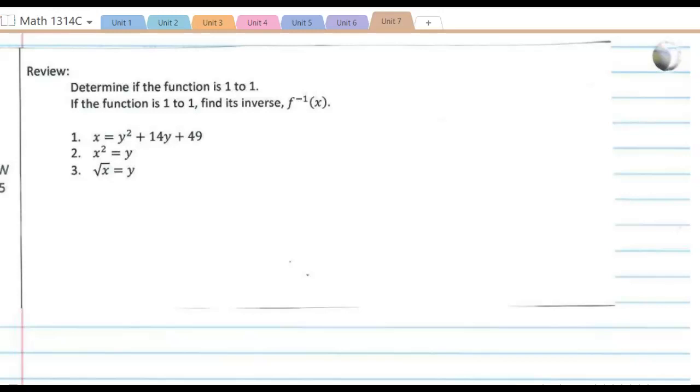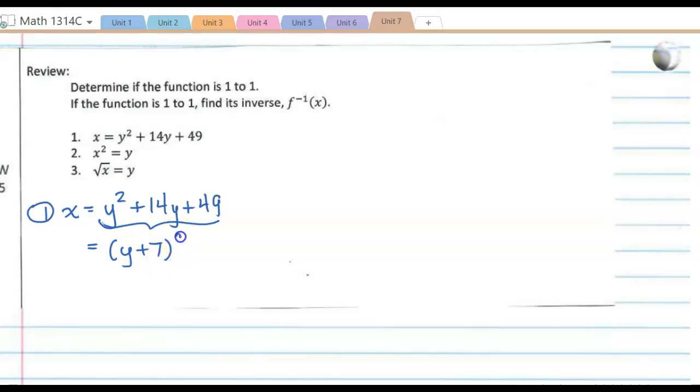The one way that we have discussed on how to determine if a function is one-to-one is by looking at its graph. So let's first take a look at number 1 that says x is equal to y squared plus 14y plus 49. We can rewrite this in factored form to be y plus 7 squared, and that's our x is equal to. Though we have not discussed many of these problems, what we notice is that it looks a lot like